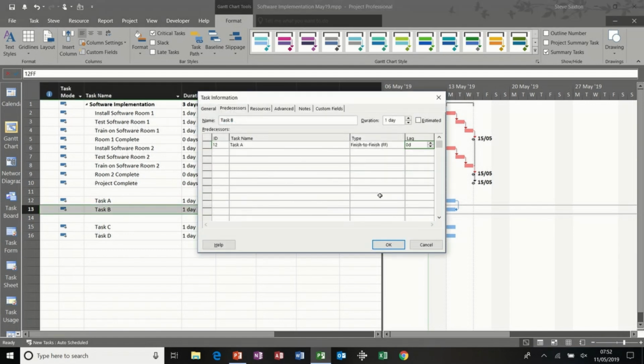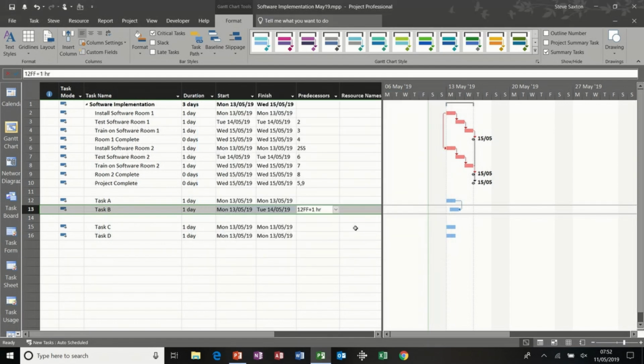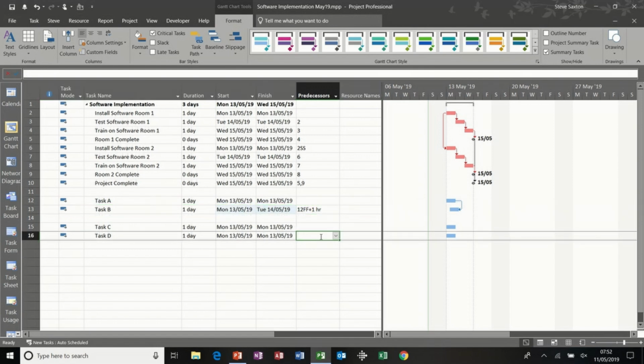So lag and lead. So lag is what I want. I'm going to put 1H for hour and click OK. And then you can see that the finish of that will dictate when that can finish, and there's a 1 hour delay. Now this one is a start to finish, so I'm going to type 15